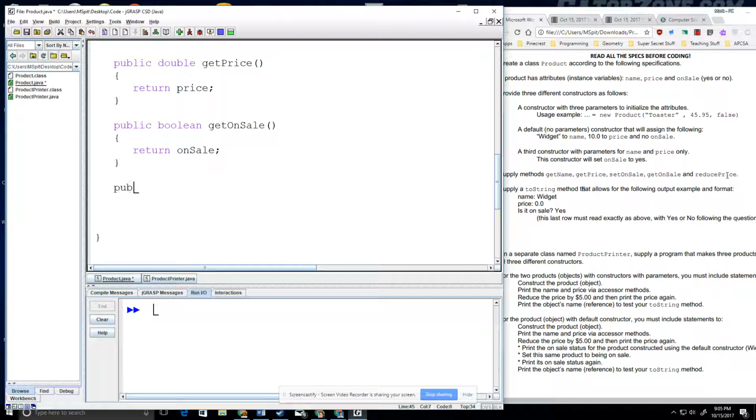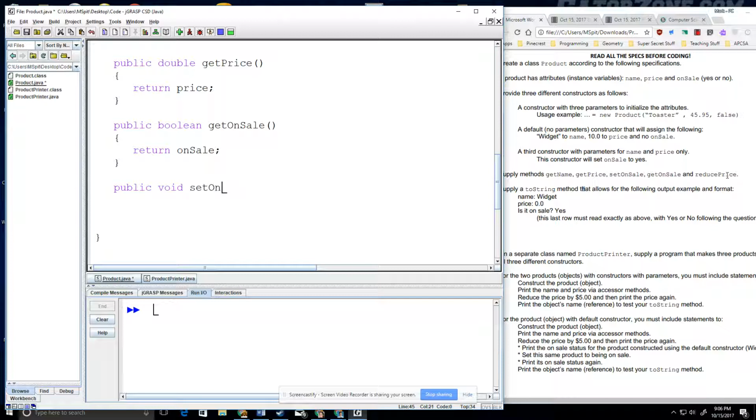So they are going to be public. Now, these aren't going to return a value. These are going to do something and do something alone. So in other words, we're going to run them. They're going to do something. They're going to set the value. They're going to set the value that's stored from the on sale variable in this case, right? The on sale attribute. But we're not going to return anything. It's just going to sort of do it. So when it just does anything, doesn't return anything, we have a void method, and we're going to call it